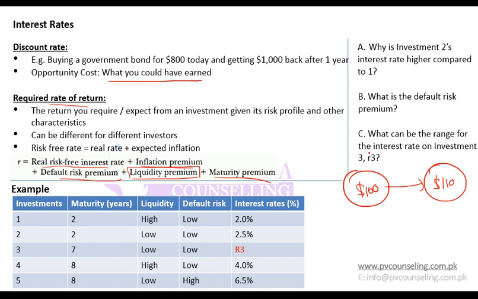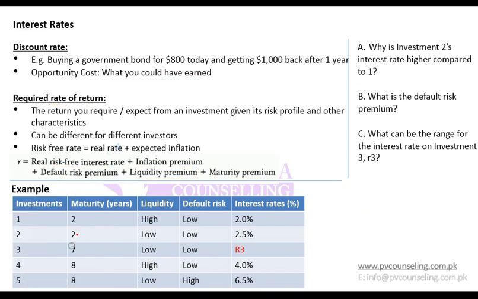When you go to sell it, there needs to be some buyer. So only if there is a buyer, then you will be able to book your return. Otherwise, you wouldn't be able to book your return. So that means in order for you to benefit from this investment, there needs to be a buyer when you are a seller, and there needs to be a seller when you are a buyer. So if you are easily able to find a buyer and easily able to find a seller when you are buying, then that means you can easily do that trade and get the return.